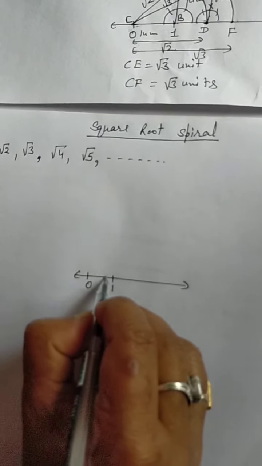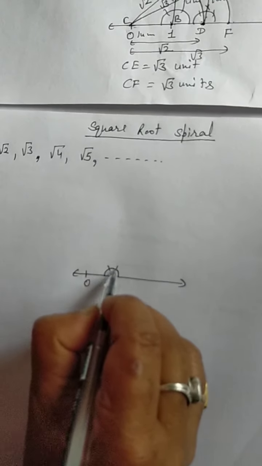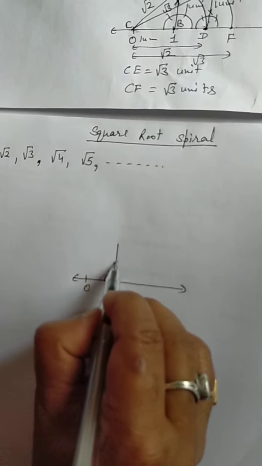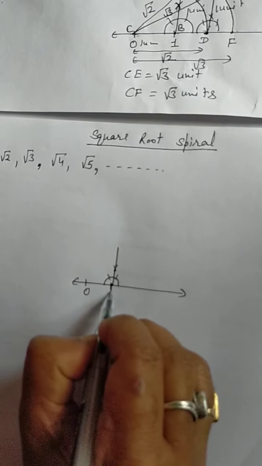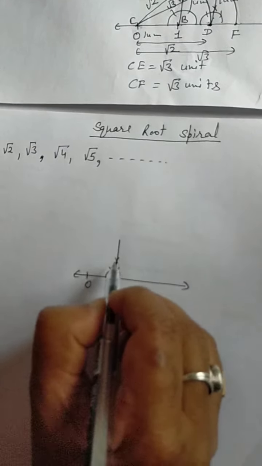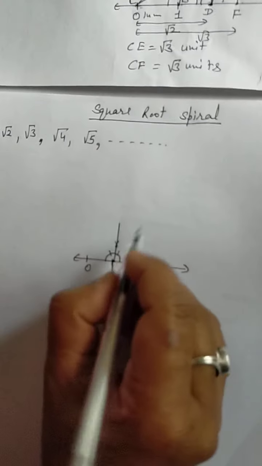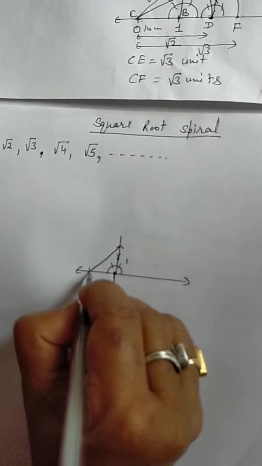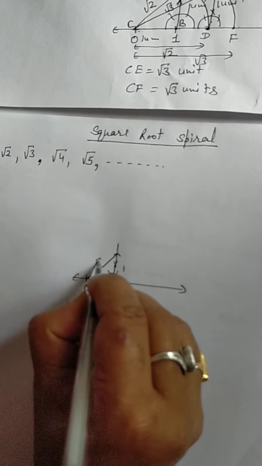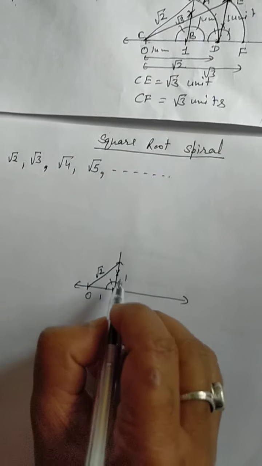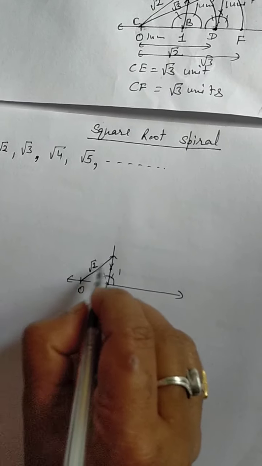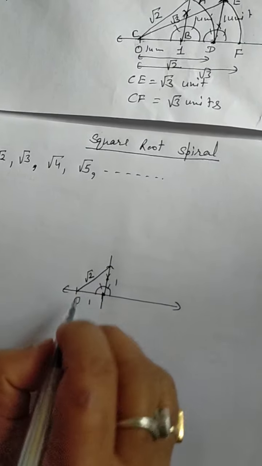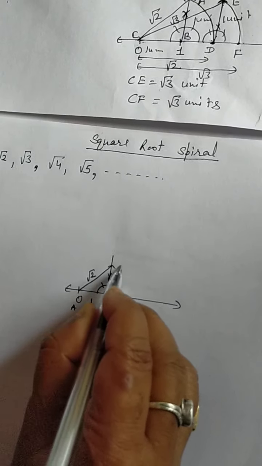Then you draw an angle of 90 degrees at 1 with the help of compass. I am not using compass here, but you have to use the compass. This is the right angle at 1. Then you have to cut an arc of radius 1 unit. So it is 1 unit, then this is the hypotenuse, it will be square root 2. Then we will continue from this side only. Now we will take this side as base. Suppose these points are A, B and C.